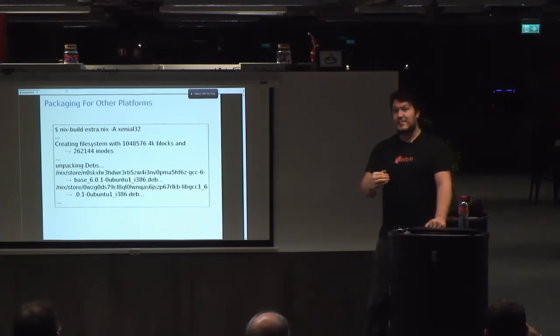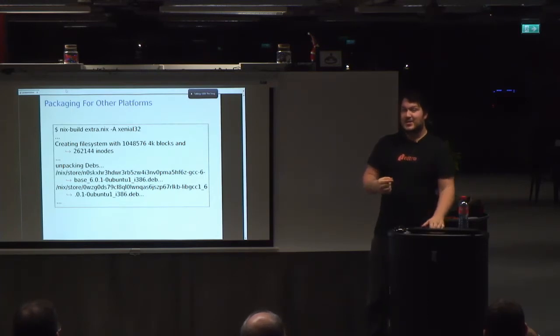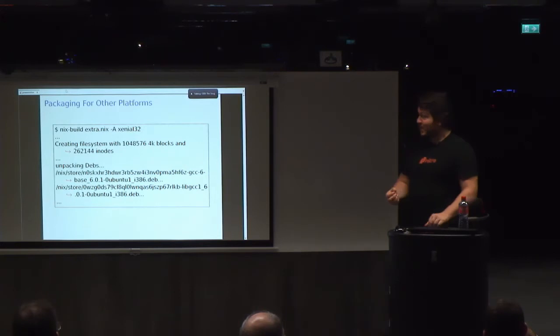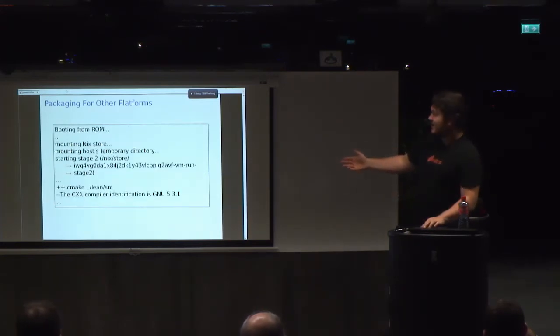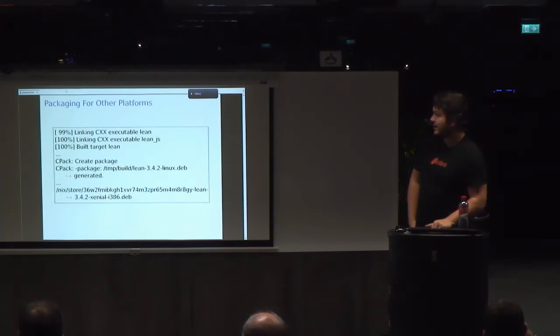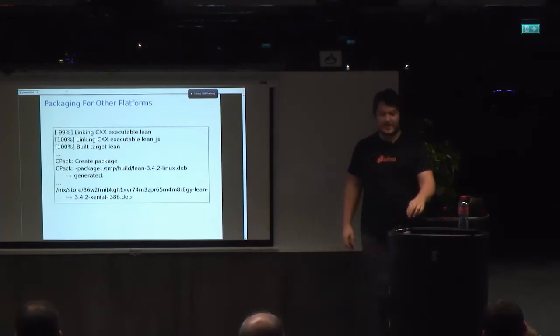Then it closes the VM, takes a snapshot of the hard drive image, saves it to the Nix store, and then every time you want to rebuild your package, it takes that image from the Nix store, runs it, uses 9pfs to share your files with that VM, and runs your build script on it, and then extracts the result. And so here it is extracting the debs, booting from the ROM, mounting in the Nix store, and then it starts compiling the source, links, creates the package, and now I have a Debian package in my local Nix store that was extracted from the VM build.